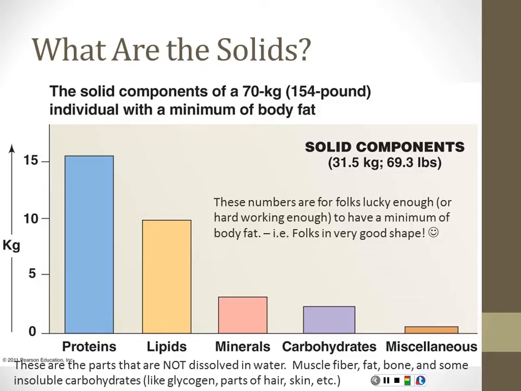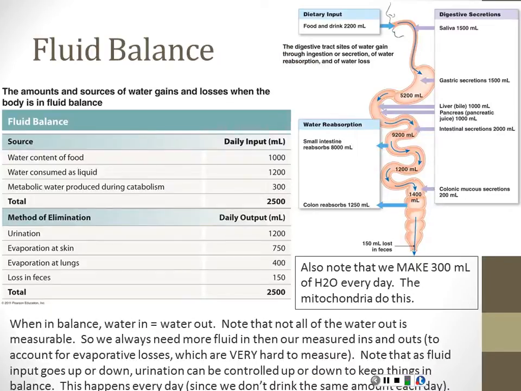So that's lipids. Minerals, those are your bones mostly. And then carbohydrates, we have some of that in our bones. We find a lot of that in our connective tissues. So these are all the parts that are not dissolvable in water. All right. So ultimately,